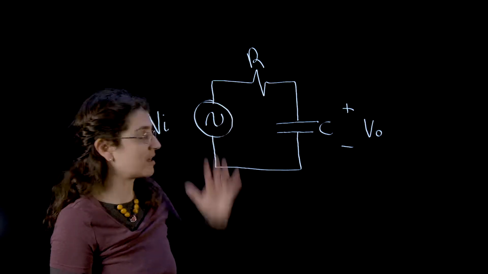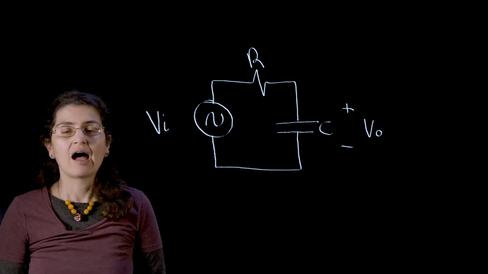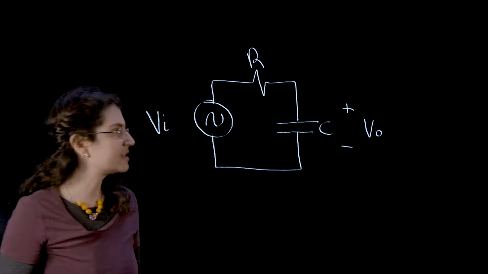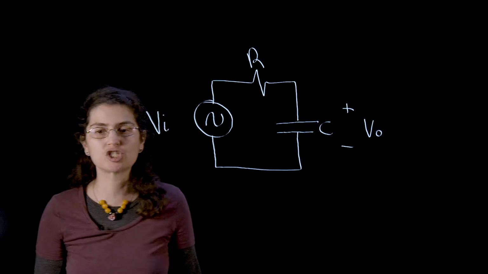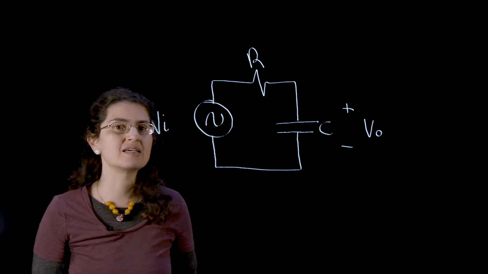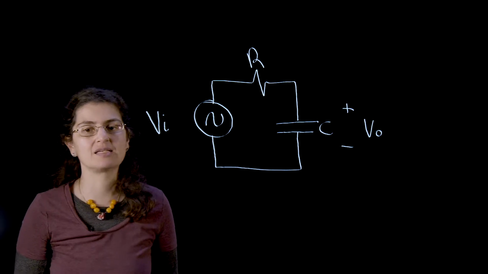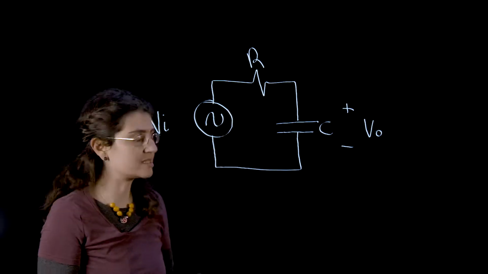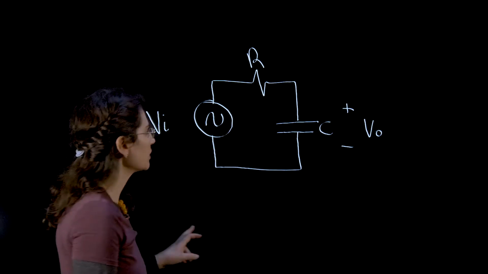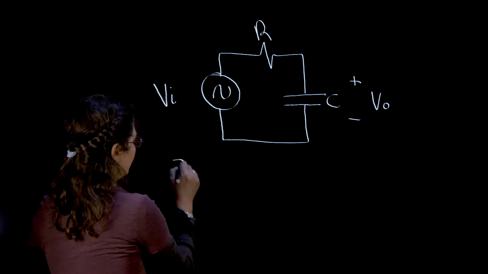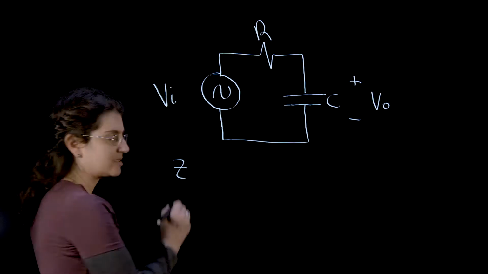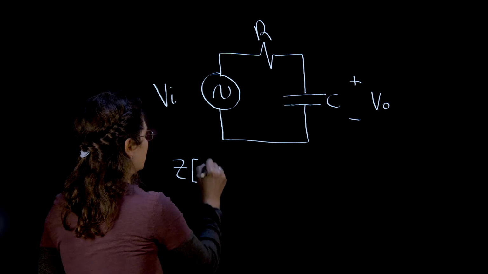So we know that resistance is the ability that a resistor has to oppose current. Well, impedance is essentially the same thing. The only difference is that the impedance is a complex number while the resistance is a real number. So an impedance, represented by Z and also measured in ohms,